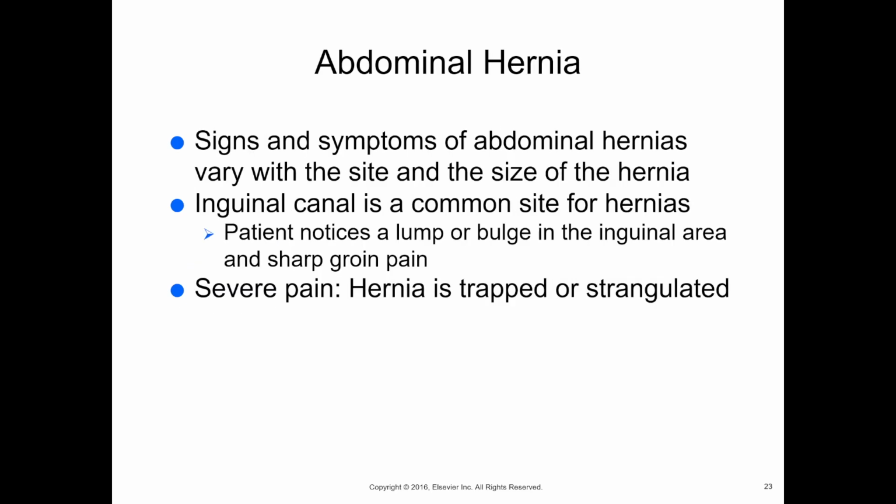On the other hand, abdominal hernias are when organ tissue protrudes through an abnormal opening in the abdominal wall. Typically, this is bowel tissue. One of the most common places we see it happening is the inguinal canal in men. It can also happen in women, though, because the inguinal canal exists in women as well, but it kind of loops back around into the body in order to hold the